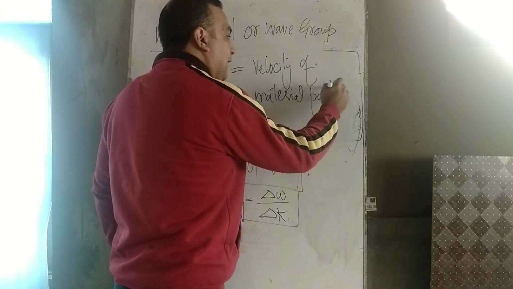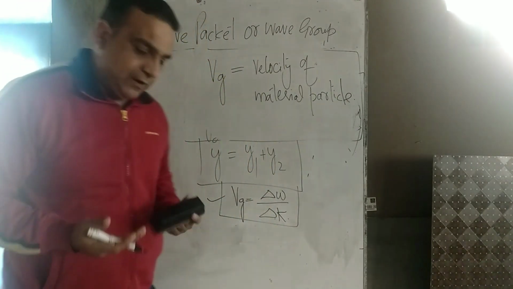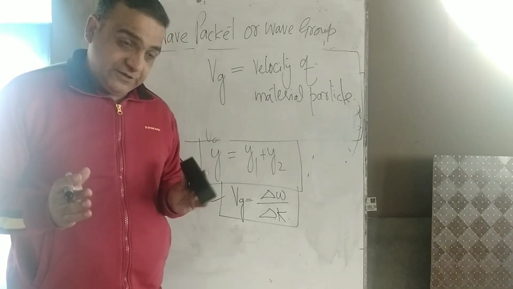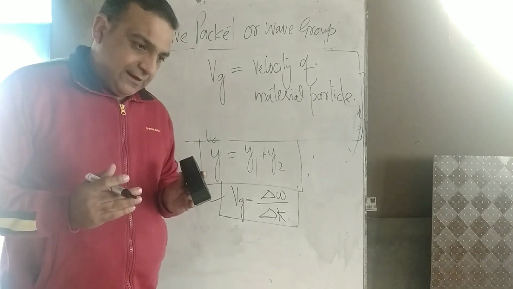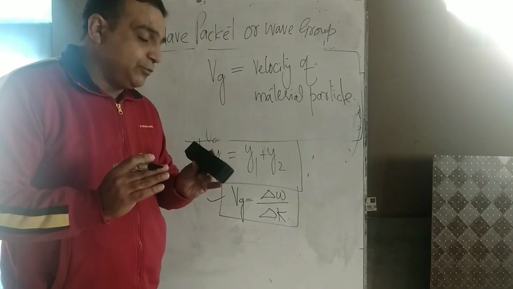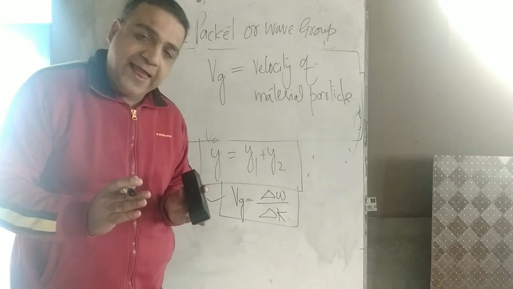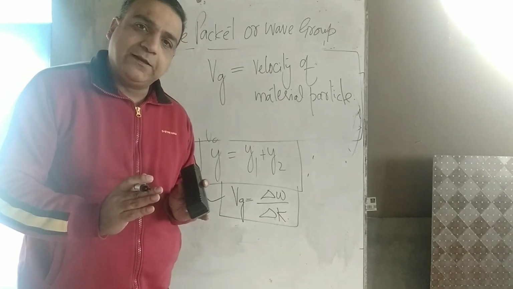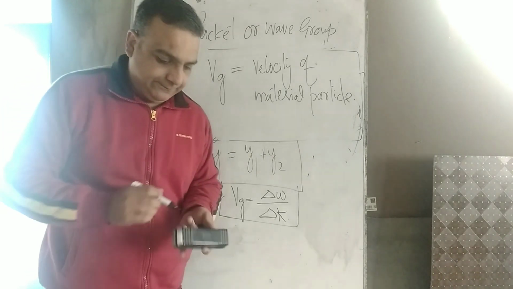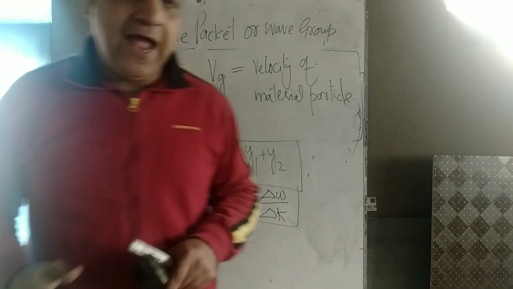It means that the group velocity, the collective velocity of the waves in the vicinity of the material particle, is nearly equal to the velocity of the particle, signifying the fact that this particle is in the vicinity of the wave packet. So this way we have seen the idea of